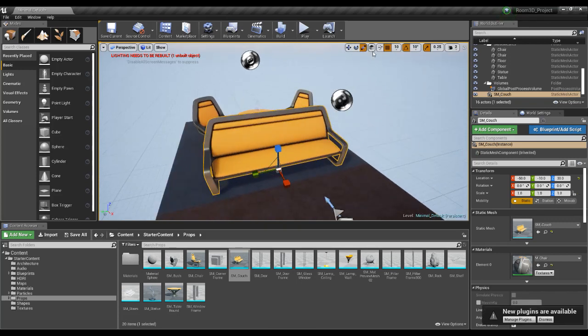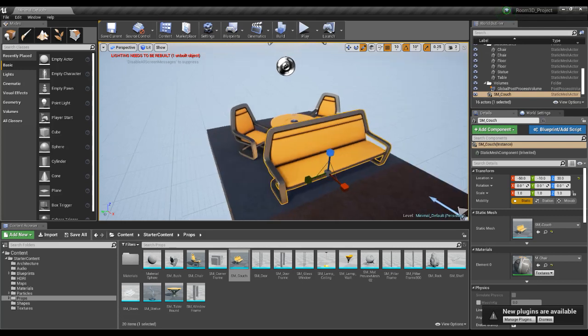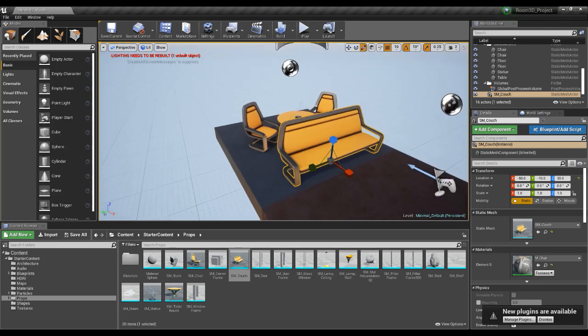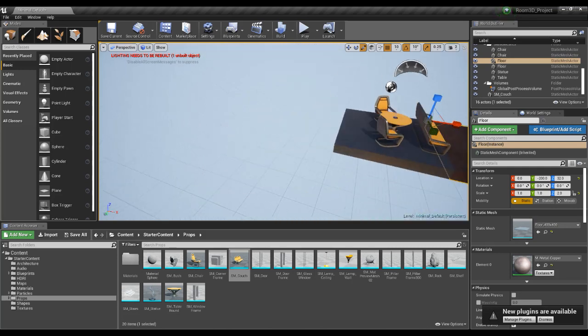We also have snaps up here as well. So on all of these different settings, this is our move, our rotate, and our scale. We can snap this to certain increments. And this is useful when you're snapping objects together. So say, for example, let